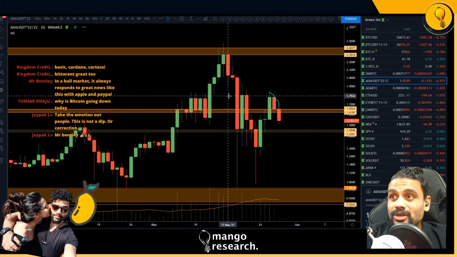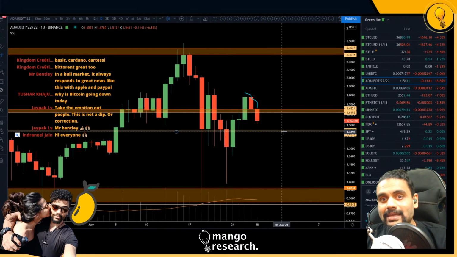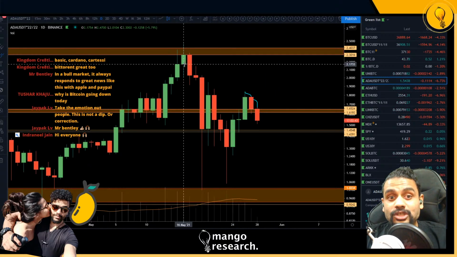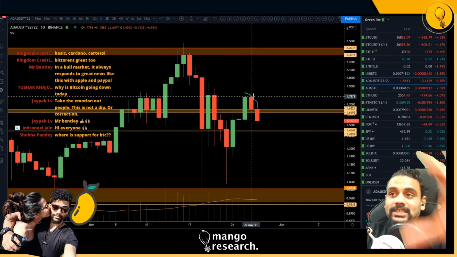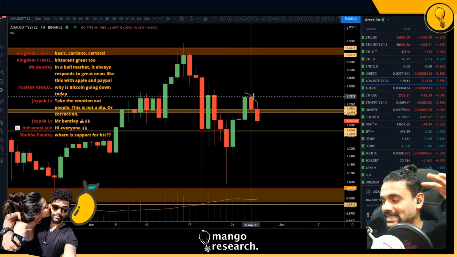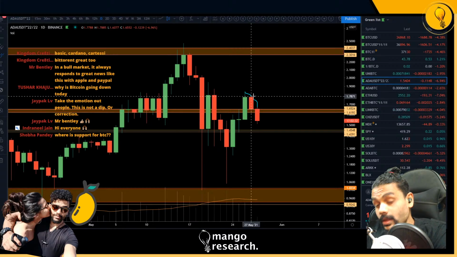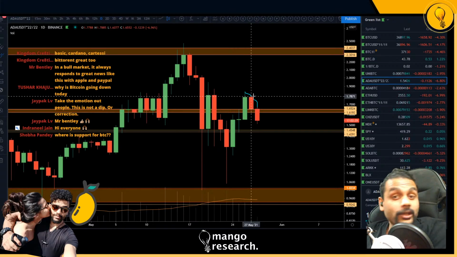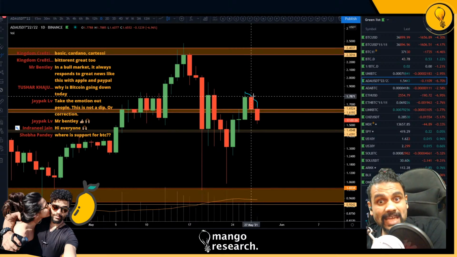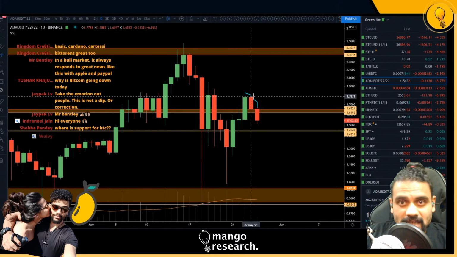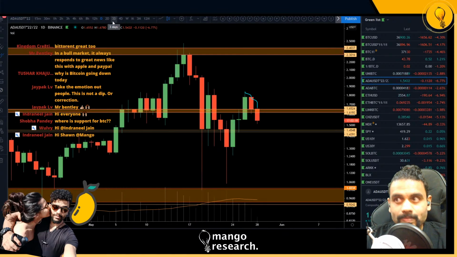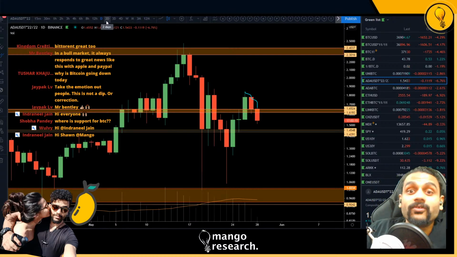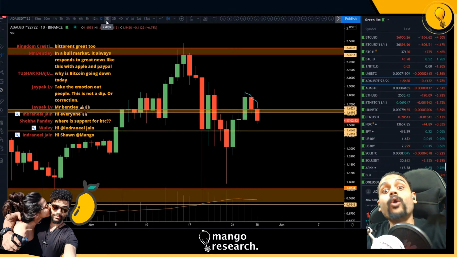So even though we retook that level, guys, it just ended up being a way for the bigger market players to distribute their positions and to accumulate short positions at the zone, because this was only a daily level. And you guys are seeing an example now of how market participants will use lower time frame levels to distribute a position, right, for the higher time frame level. So if they were looking to sell on the weekly or the 2-day time frame, they would use the daily, the 12-hour and the 4-hour time frame to distribute on the lower high, right?